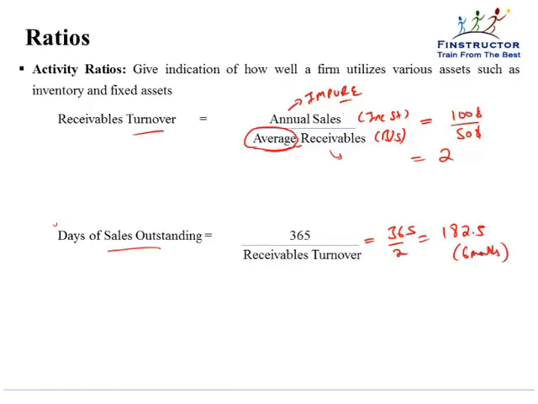Now, why do receivables arise? It's because of credit sales, or sales that have been delivered but will be paid over a period of time. If of a sale of $100, $50 is still outstanding, this implies that on an average, my customer is paying me after 6 months or 182 days. If we assume that the sales are made uniformly throughout the year, that is over the period of 365 days,